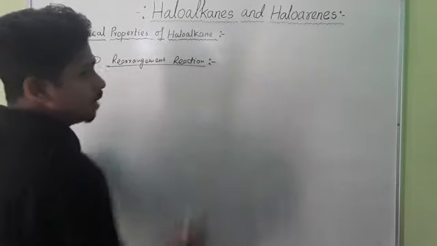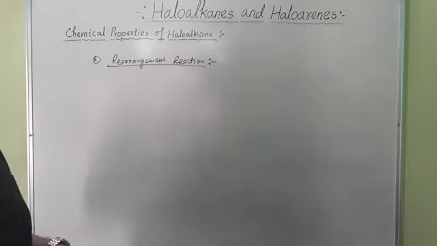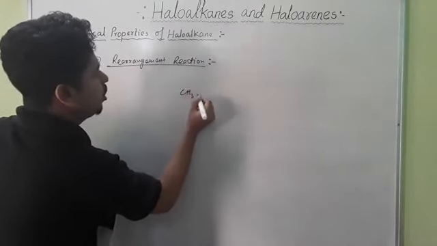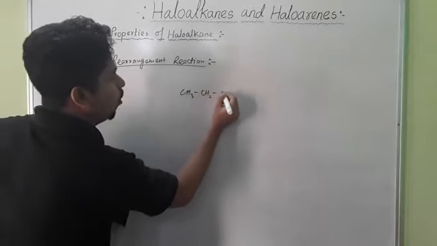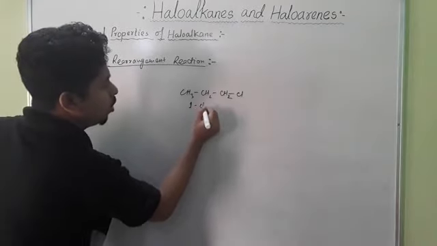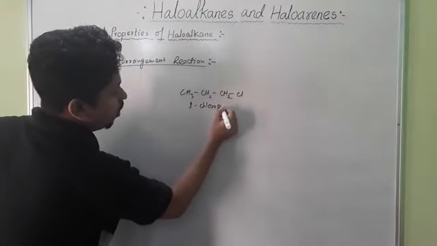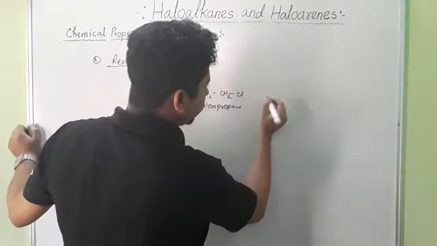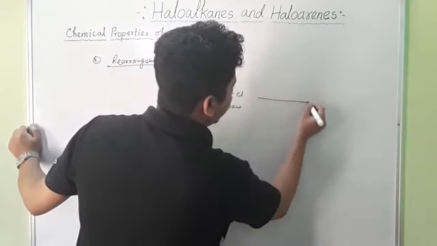So these haloalkane molecules can undergo rearrangement reactions to produce different products. Suppose we are considering one reaction: CH3-CH2-CH2-Cl. Its name is 1-chloropropane. So this 1-chloropropane, on treatment with anhydrous AlCl3,